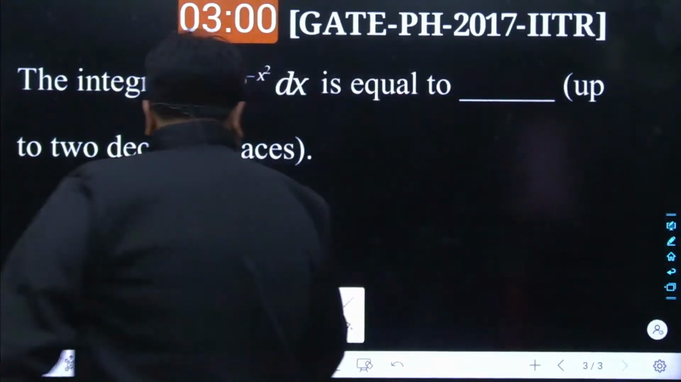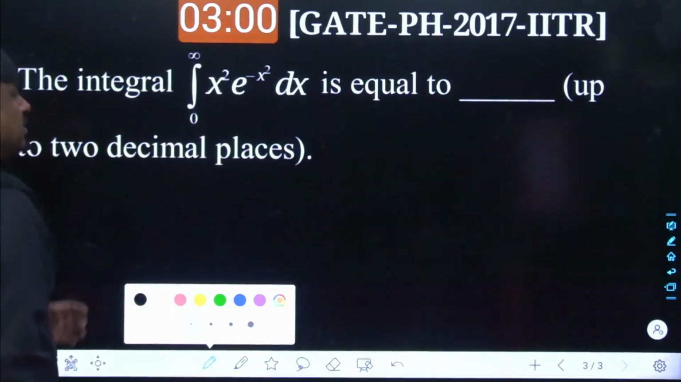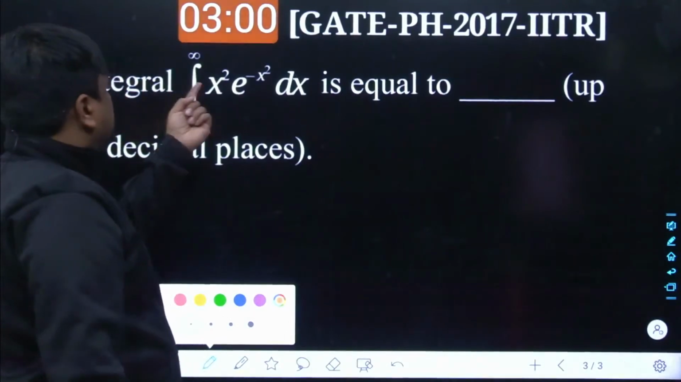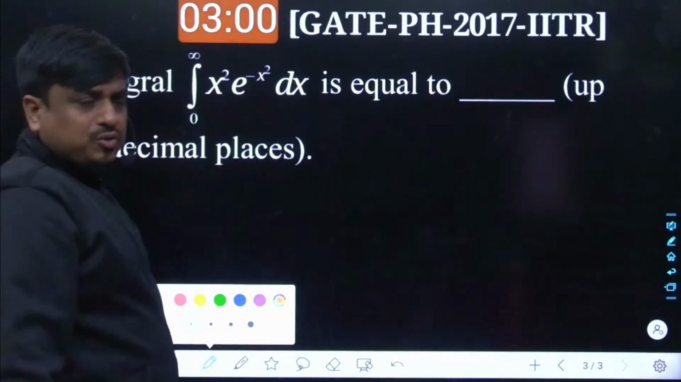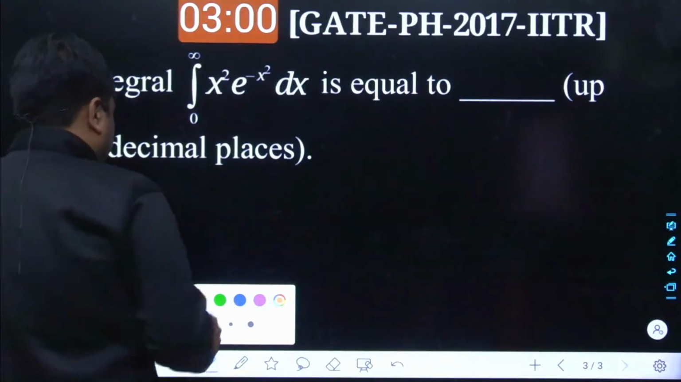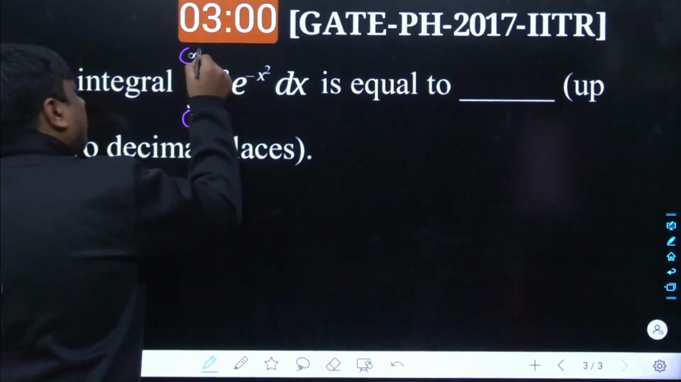Anyways, again, this has been a standard form of a gamma integration. How did I know about it? The structure of the integration: e to the power of minus x square dx, integration from 0 to infinity. So almost all the important things have been indicated. This could have been a standard form of